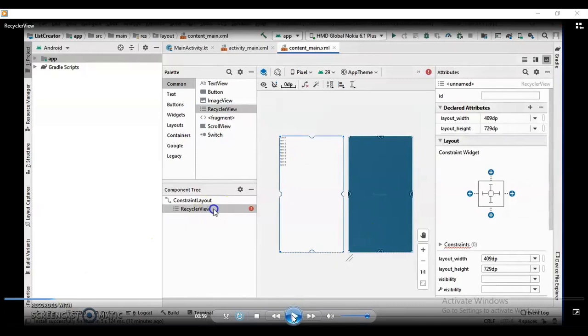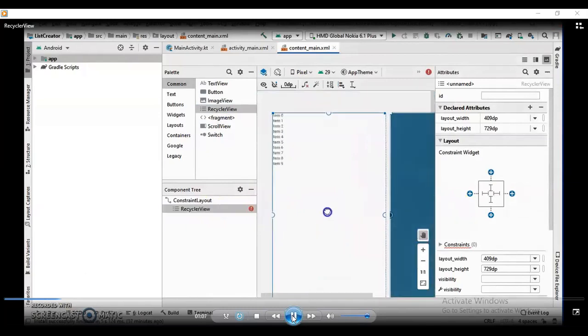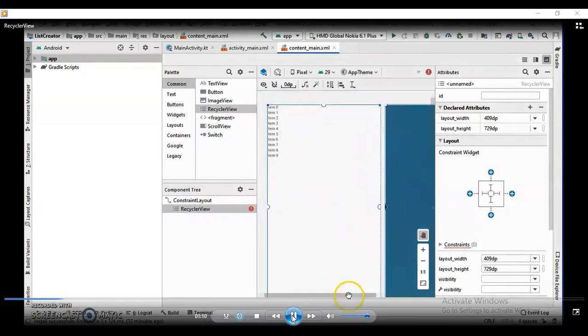We'll be setting the attributes of this recycler view. Three attributes will be set here: ID, layout width and layout height.